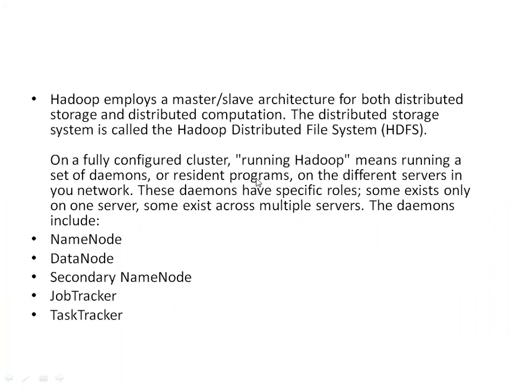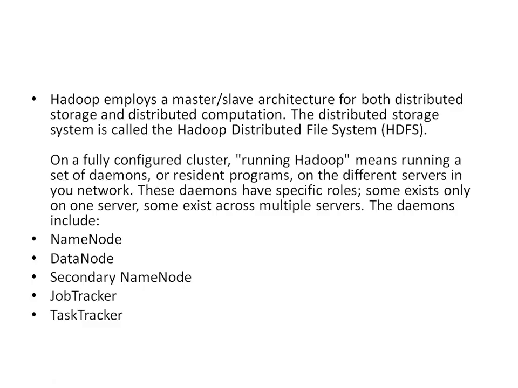building blocks of Hadoop. So what are the building blocks of Hadoop? The main building blocks, the daemons and threads which are running behind, are name node, data node, secondary name node, job tracker, task tracker. So we will learn about these things. We will be learning what is name node, data node, secondary name node, job tracker and task tracker. This is the second topic in the second unit.